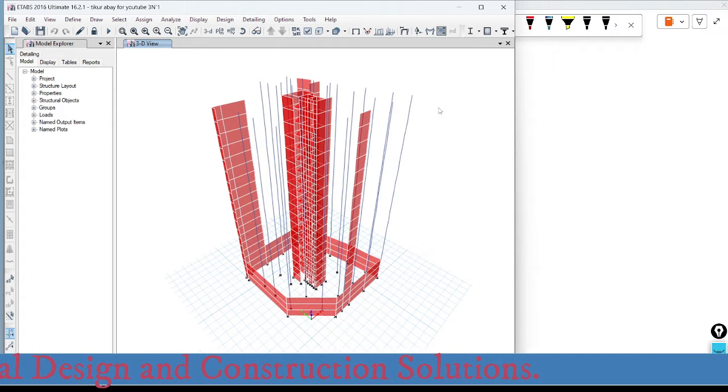We have seen two methods, that is an automatic method and the manual method. Both of the methods are what we are going to use while we will be assigning the imperfection or the notional